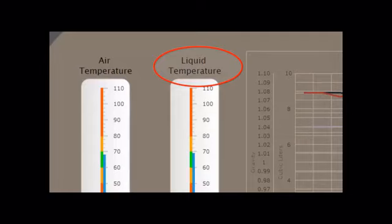BrewNanny measures the temperature of the liquid inside the fermenter. It also measures the air temperature where your fermenter sits. Why two measurements? Well, the liquid temperature is important, and we want to know if it gets too hot or